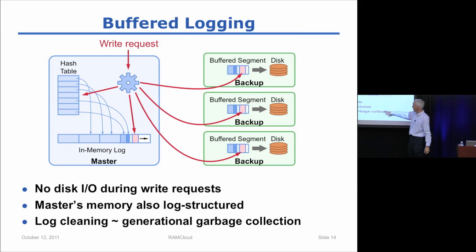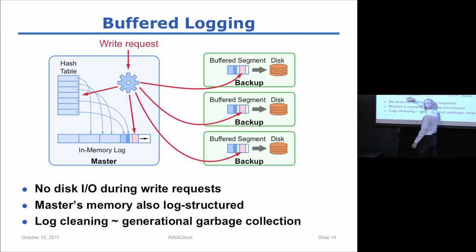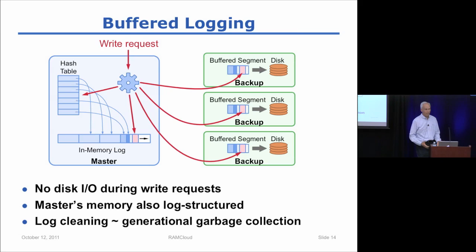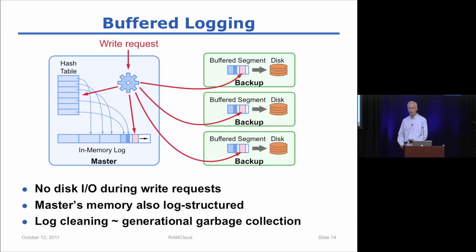We think that this actually is a really efficient way of organizing huge amounts of data in main memory. And there's a lot of evidence around that most of the existing memory allocation mechanisms fall down when they have large amounts of data in memory, when they get to have gigabyte data sets. We think that the logging approach may actually be more flexible and scalable than those. So the master's memory is essentially nothing but this in-memory log, and then in addition we add a hash table on so we can do fast lookups using a table ID and an object ID to find the object. And that's pretty much it for the masters. So this solves the problem of doing fast writes without waiting for disk.